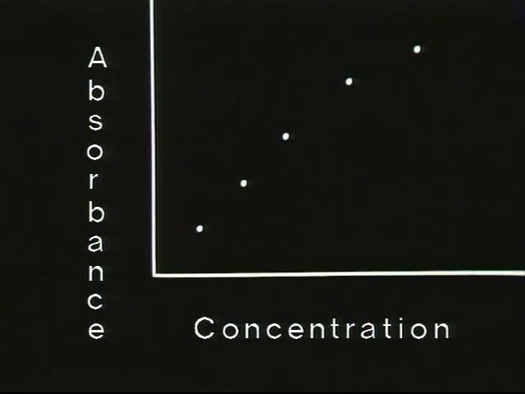Once the data have been obtained, absorbance and concentration can be plotted and the best line determined according to Beer's law. This is a calibration line for a particular system. Beer's law applies only to dilute solutions. Sometimes the relationship between absorbance and concentration is not a straight line at high concentrations. Usually, only the straight line portion of the calibration line is used for subsequent analysis of unknown solutions.